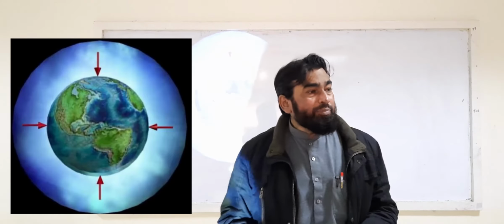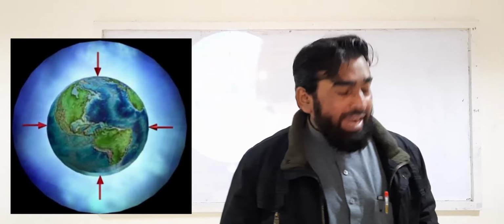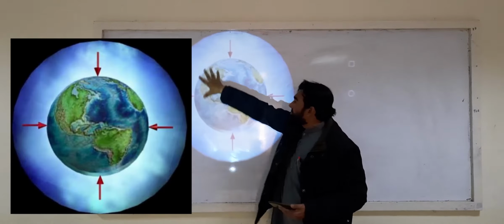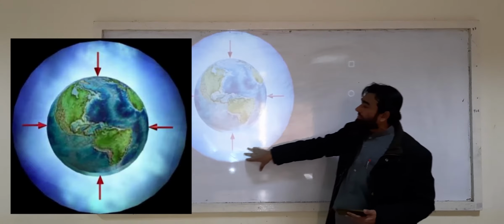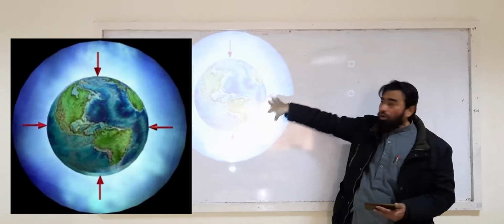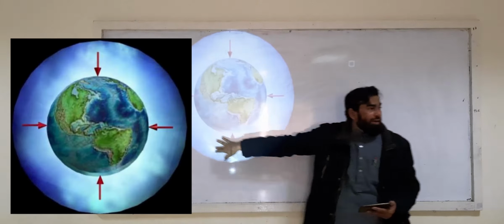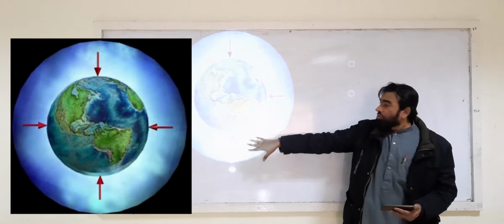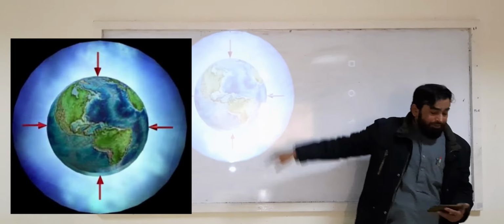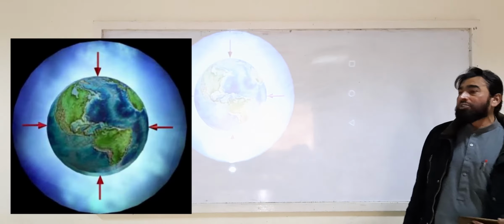This is the atmospheric pressure. You know that Earth is like this. So there is an envelope of air all around Earth. Is it clear? This envelope of air, which can be seen here in light blue color, is called